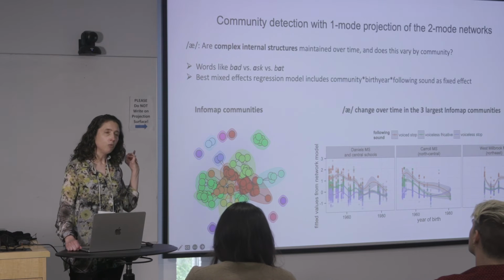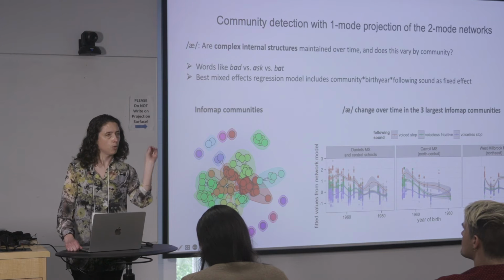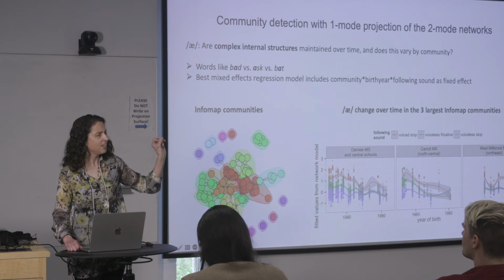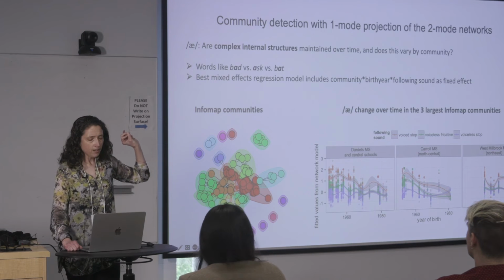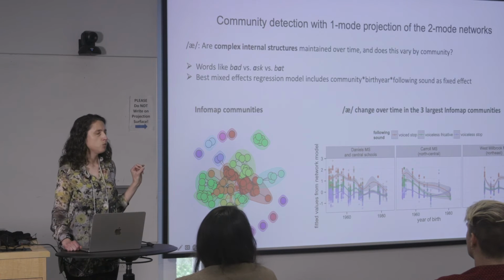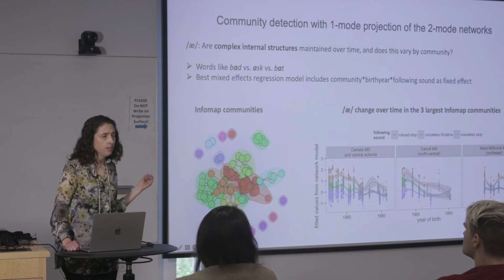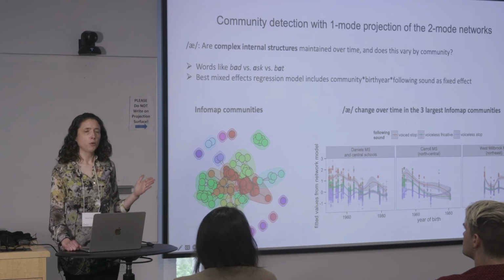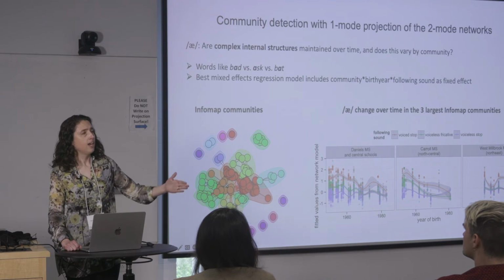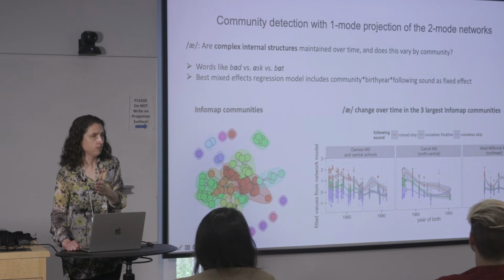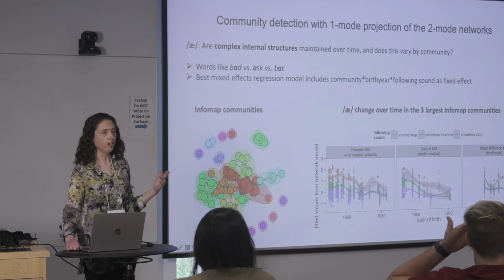Now, in Raleigh's system, what we expect is that the vowel is more tensed, it's more peripheral in the vowel space. That just means your tongue is higher and fronter when you say it, when the following sound is what we call a voiced stop or a voiced plosive, like in bad. And then it's a little bit less peripheral when the following sound is a voiceless fricative, as in ask, and then last but not least is bat, where you've got a voiceless plosive following the vowel.